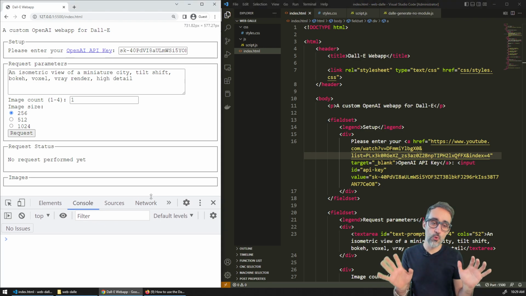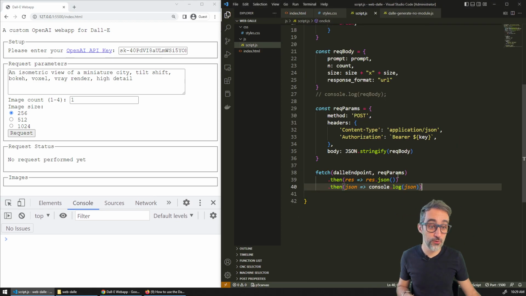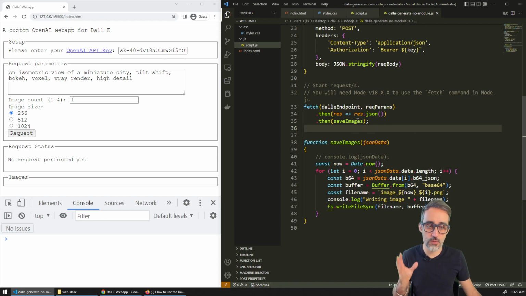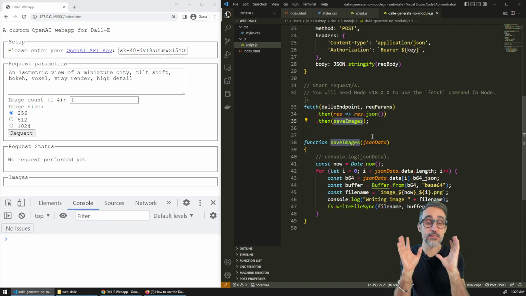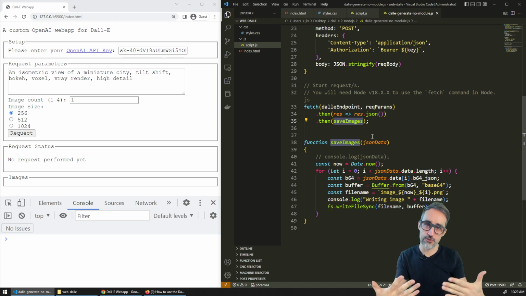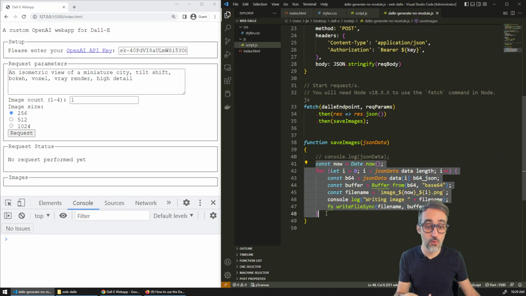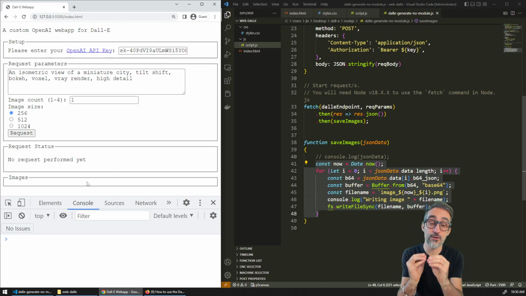Okay. So what are we going to do now? We're going to improve this code a little bit. Just like before, for the response, we gave the last promise handler a function so that whenever the resolution of JSON came in, this function was going to take that JSON data and do something with that data. In the Node app, we used the function to save a file with the image to the file system. In this case, we will want to attach those images visually here to the app so that we can render them. Okay? So how is that going to look like? Well,